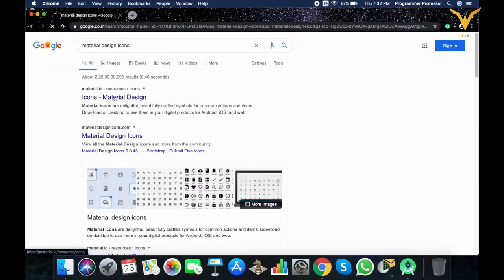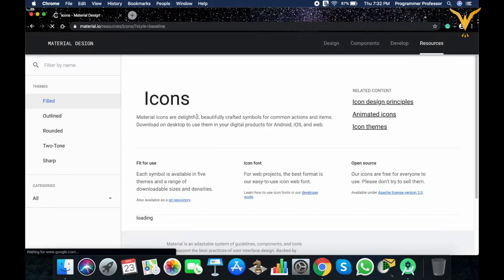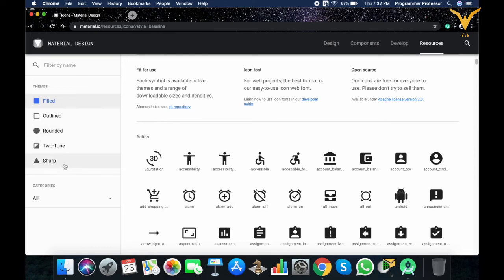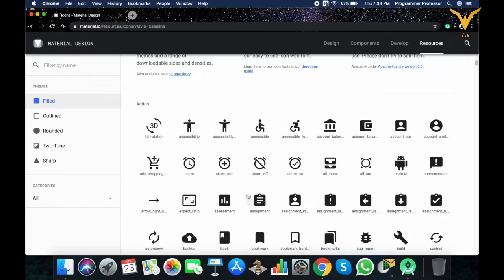Here you have a lot of material design icons available, and these icons are provided by Google. You can set these themes according to your requirement. For now we are taking this Android option.